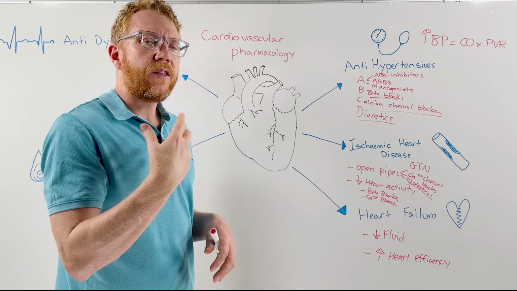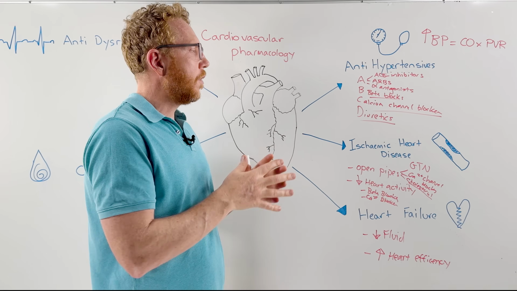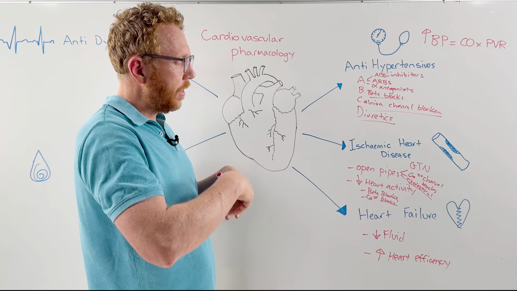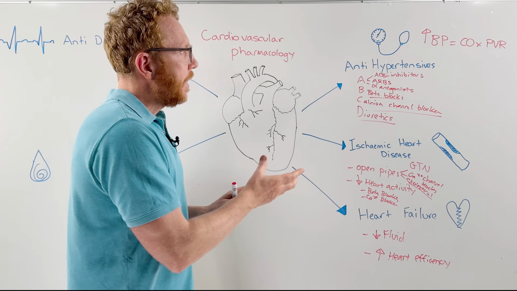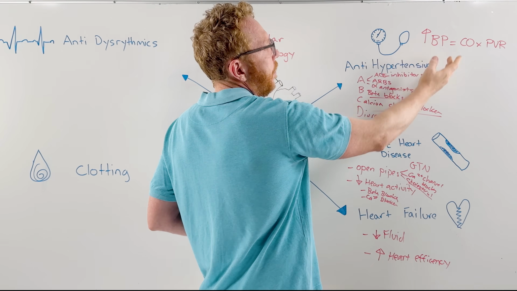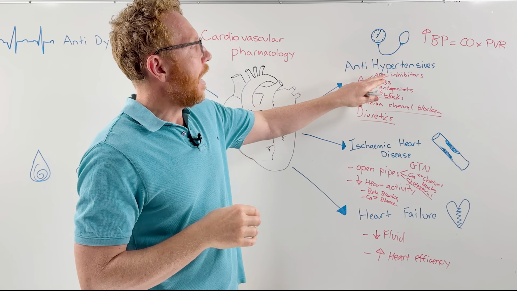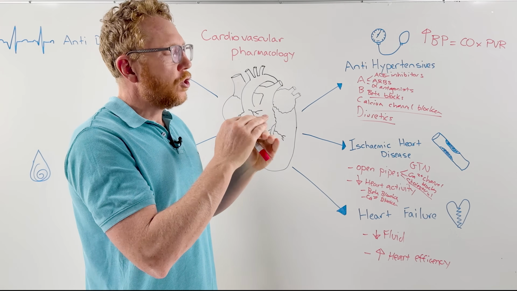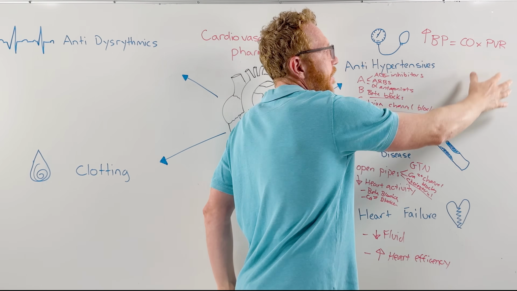So diuretics like the loop diuretics, if the patient has issues with potassium, they might use, in conjunction with a loop diuretic, a potassium sparing diuretic. But this is essentially to get rid of fluid in the body, like furosemide, getting rid of fluid, decreasing the amount of fluid returning to the heart, therefore taking the strain off the heart. We could also use the ACE inhibitors here or the ARBs. They will not only reduce fluid to some degree, but they will also reduce the vascular resistance, therefore the heart